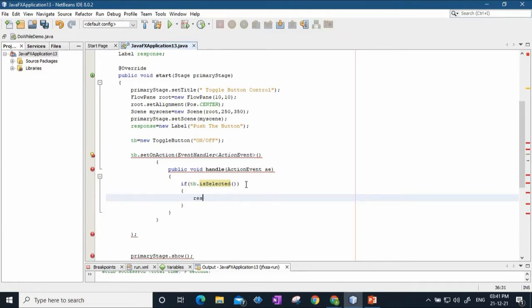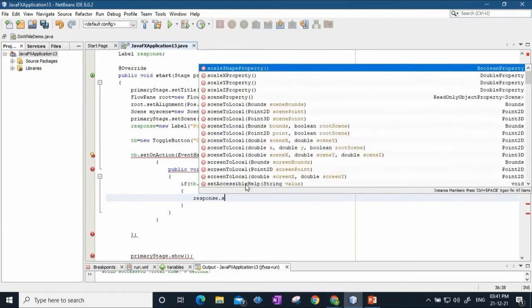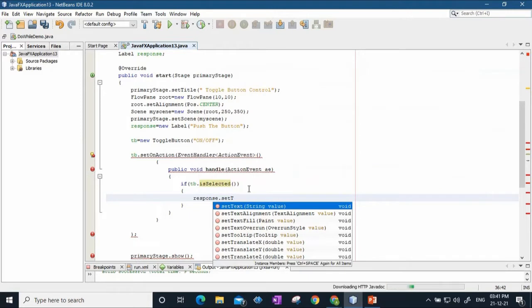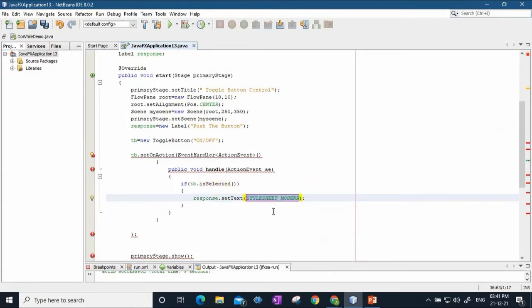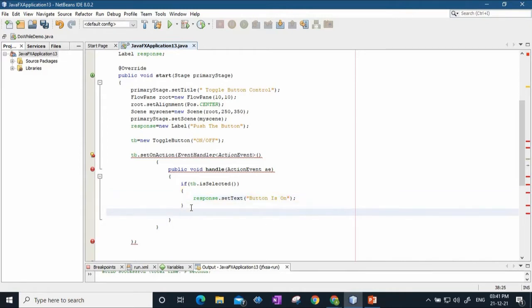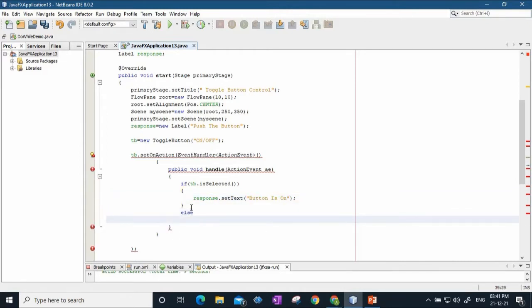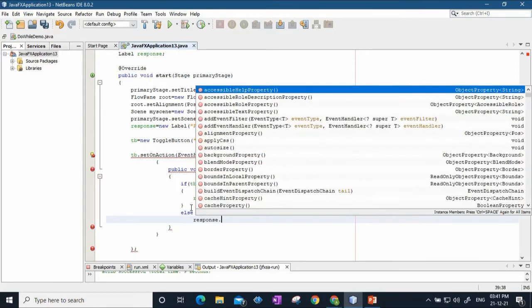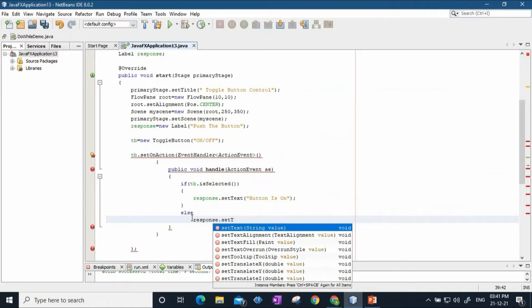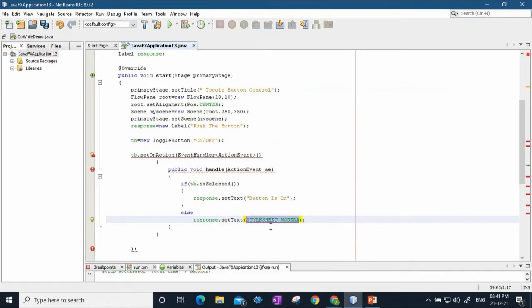I'll say response dot setText, and the text should tell that the button is on. Otherwise, in the else part, it should say response dot setText that the button is off.